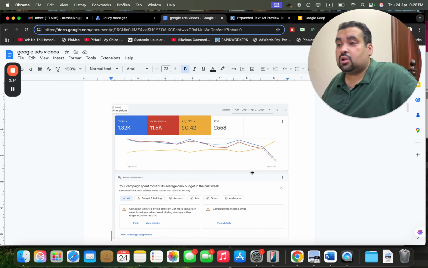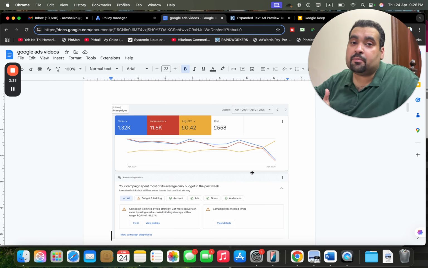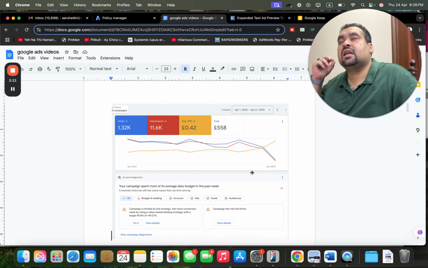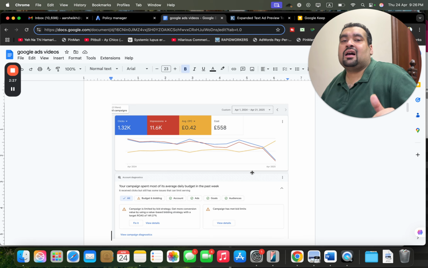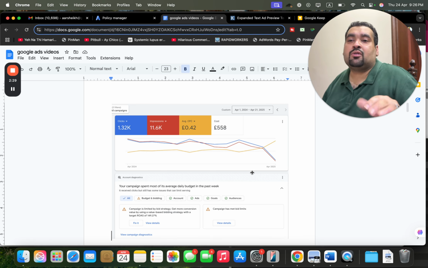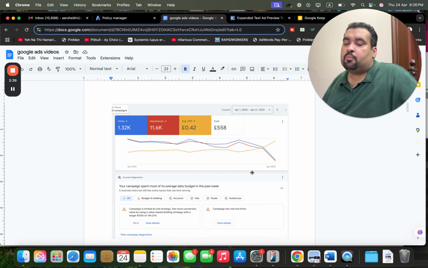We need to optimize our quality score. The higher the quality score, the lower the CPC we have to pay for the same product, same place, same location, same keyword, same ad position. So we can reduce the CPC cost by optimizing our quality score. Now that is one aspect. Now because you said about your competitor, it's high time to analyze your competitor, and you will need to bring more relevancy to your landing page. Sometimes even optimizing your landing page also helps.